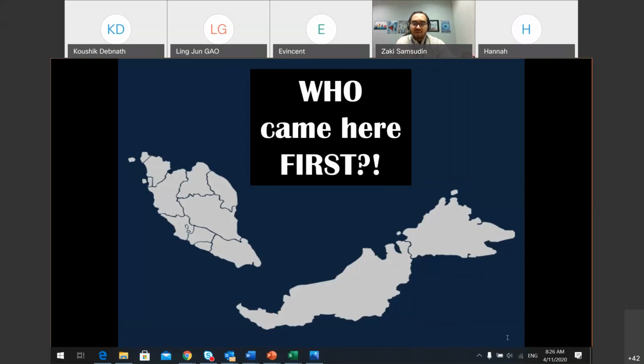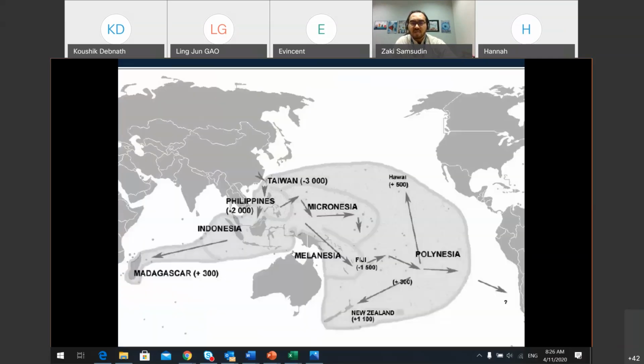So they came down south, right, at different points throughout history before eventually establishing human settlements over here. But that theory, although it's quite well known and well acknowledged by many historians, especially when it comes to human migration or human geography, over here in Malaysia has been, not to say debunked, but heavily criticized